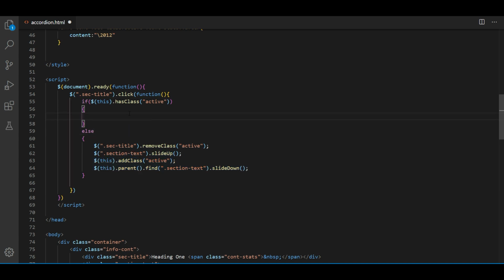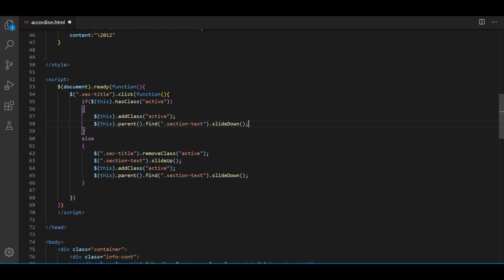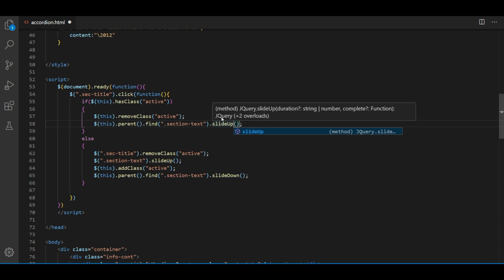Now what we are going to check is if the menu is already open, we have to close it and remove the active class. So let's copy these two lines of code and paste here. We have to remove and slide up. Let's save and check the preview.